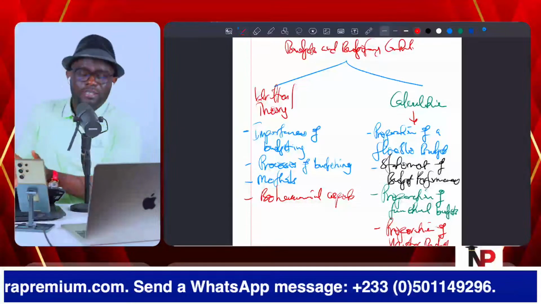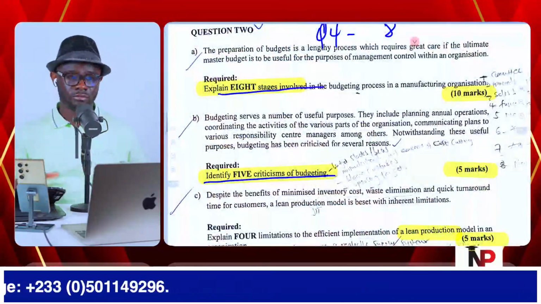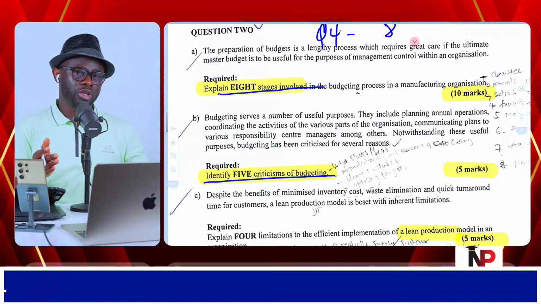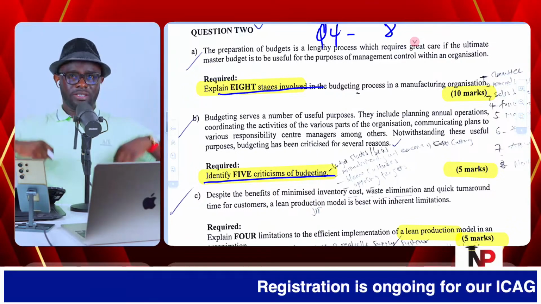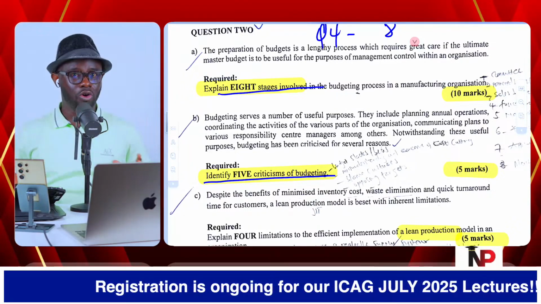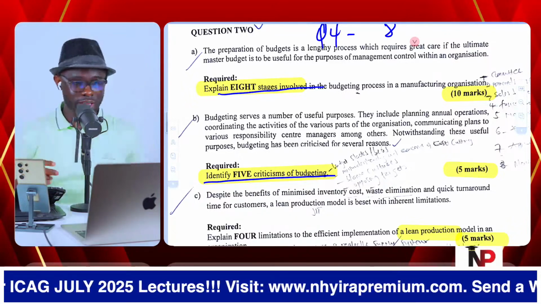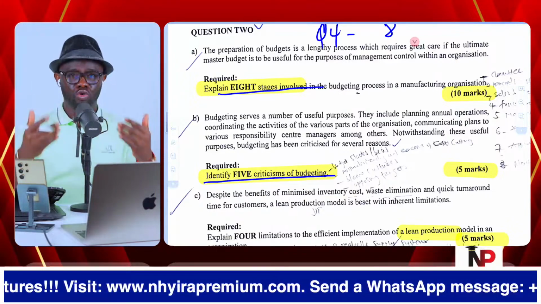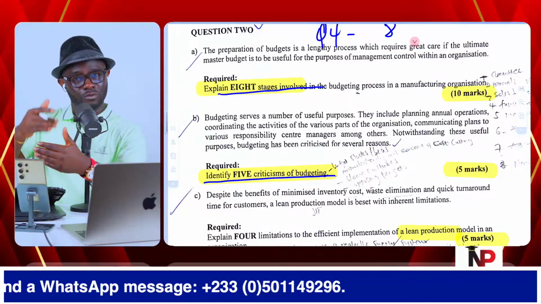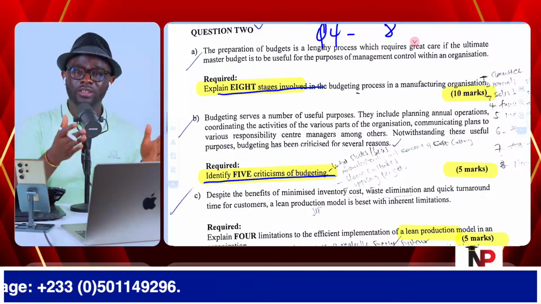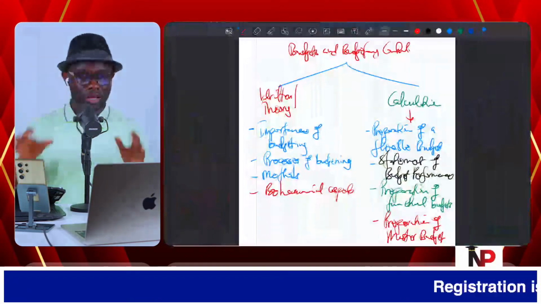So last semester, the 15-mark question was theories. If you go to November 2024, it was a calculation question the examiner brought on budgeting. But in March, he decided to just go ghost on calculations, so all your budgeting calculation practice was for nothing. But those who learn shall pass the examination, and those who decide to focus on a portion of the syllabus shall fail the exam. It's as simple as that. And that is what you must understand about budgeting.